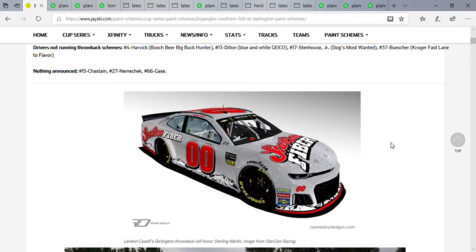It'd be cool if Sterling Marlin attended Sunday's race and got a picture with Landon Cassill and the guys with this car, and I hope they do. But anyways, taking a look at the car, I like how they are bringing back the paint scheme dubbed the Silver Bullet, and I gotta say,